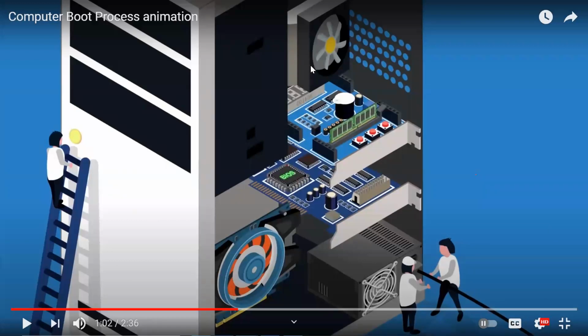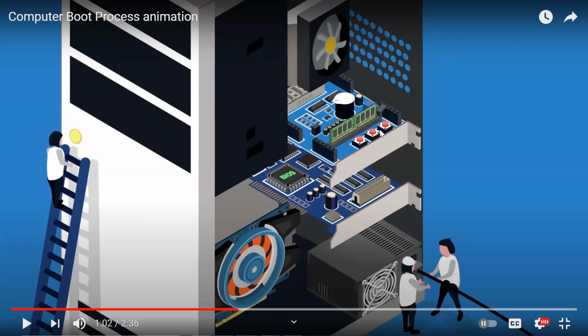I'll tell you what the BIOS is, right? So once the power is given, the basic input-output system runs a program called POST, Power on Self-Test, right? It will check the CMOS memory for the things that need to be checked before the operating system gets loaded onto the computer. So it checks the VGA card, as it shows, and checks the memory. These are some basic things that they are doing, right? Not the thorough checking, right?